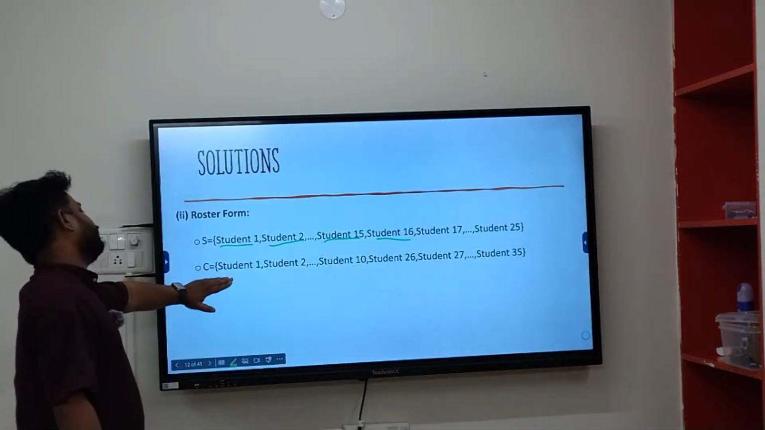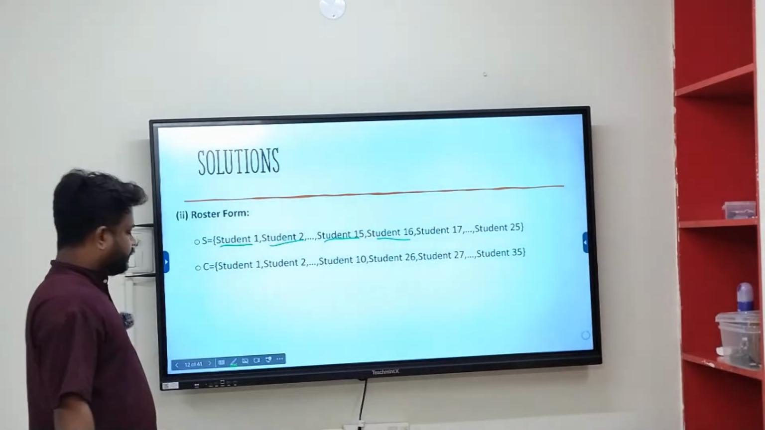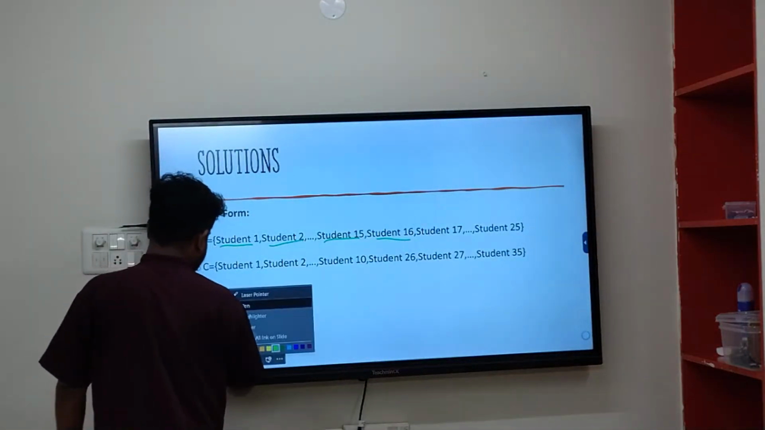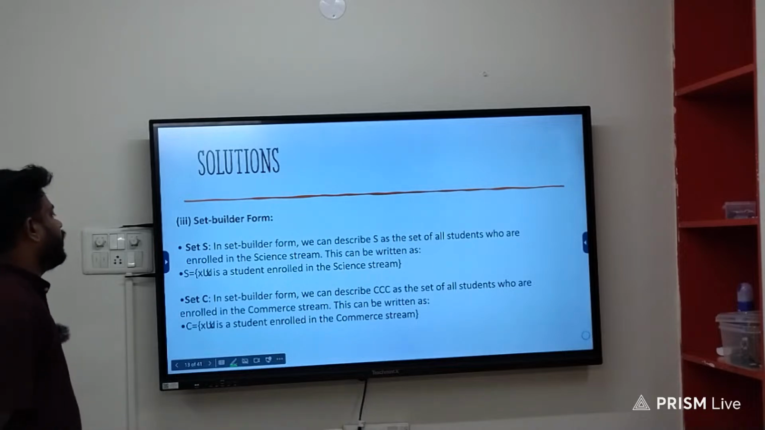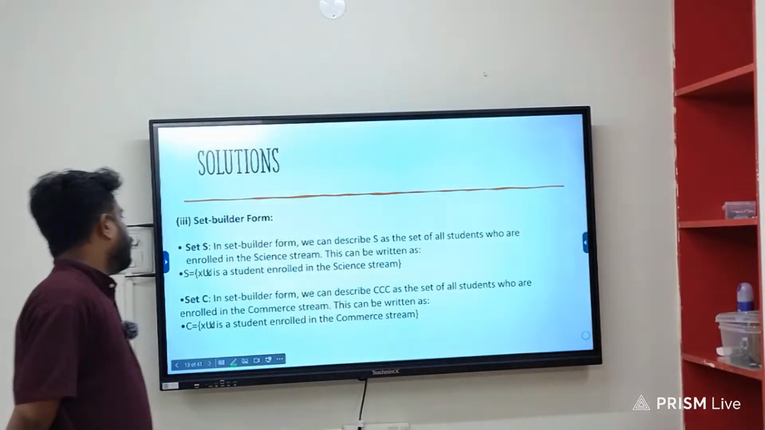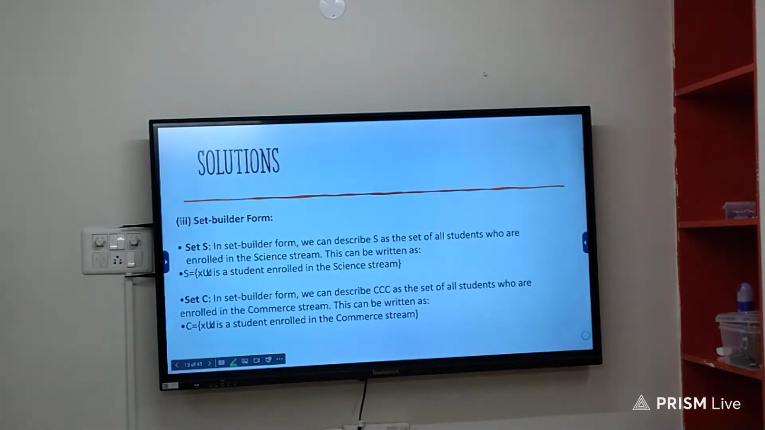Okay, this goes for the C set as well. Okay, the next one. Now we learn the set builder form. In set builder form we can describe S as the set of all students who are enrolled in the science stream. This can be written as